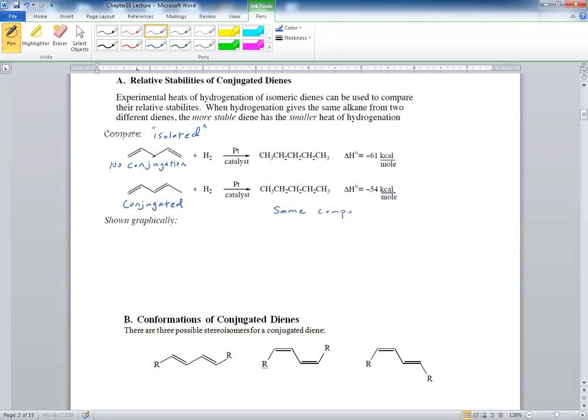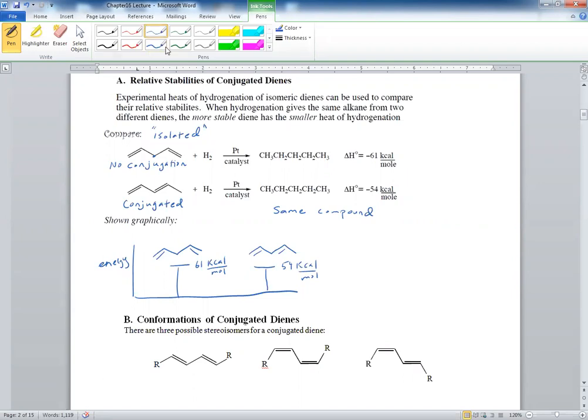So this tells us that if we were to show this graphically, the isolated diene started with 61 kcal per mole, and the conjugated diene started at 54 kcal per mole,